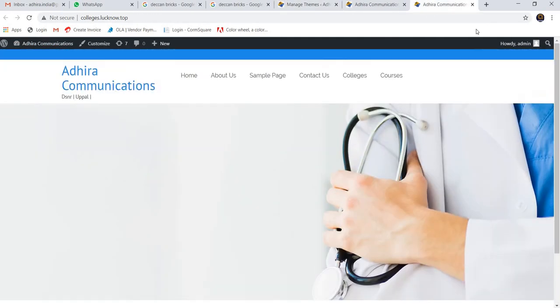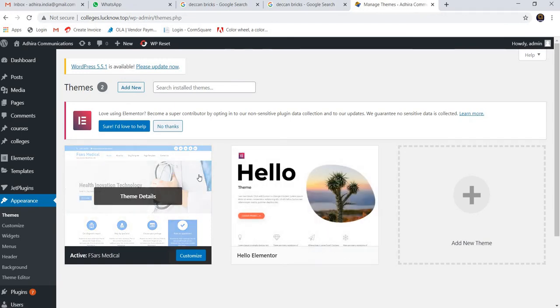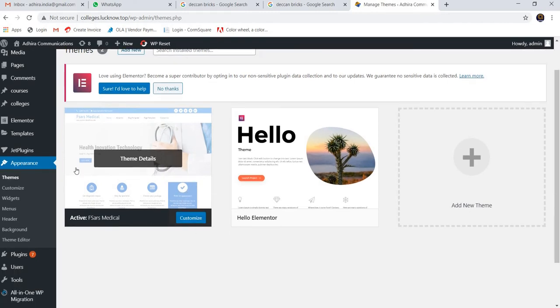We need to change the name or images. So we can go to that particular place, edit with Elementor. We can change the image or icons, whatever we want. This is a basic website theme which we have already built as a template. From this it is very easy for this type of themes. We can change whatever we want.